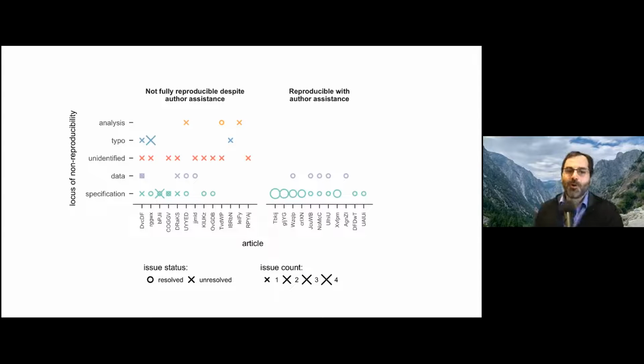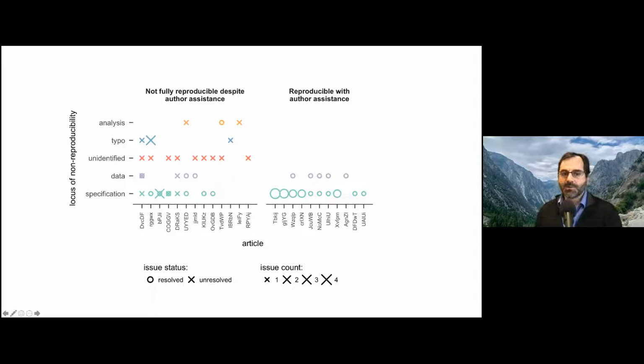So what went wrong? For those papers that were not reproducible without the author's assistance, there were some analytic issues, some resolved, some unresolved. There were some typos, quite a number of typos. We couldn't track down why some issues cropped up. In several cases, the data that they had uploaded were incorrect, or they simply didn't have the correct data anymore. And often the analysis was not specified concretely enough to allow us, and in some cases them, to recover exactly the numbers that they had reported.